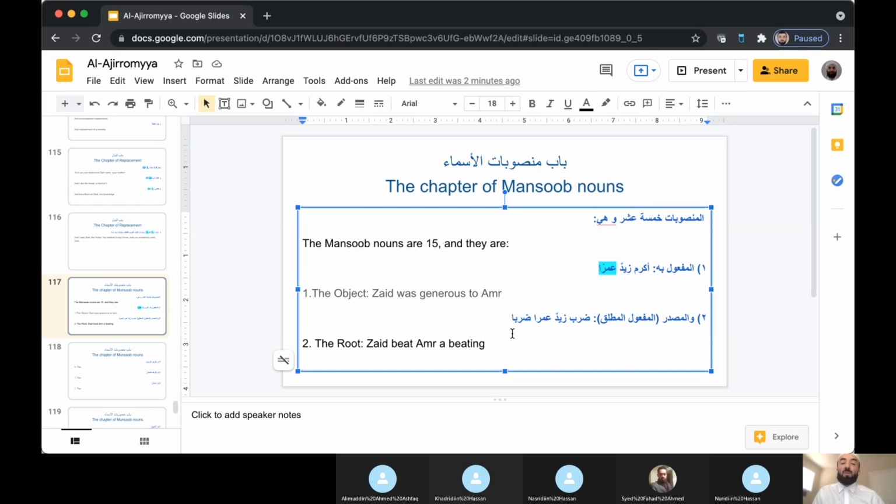But in this case, just remember the main thing that you need to remember is that most of the times this root word is attached to the end of a sentence for emphasis, to put emphasis on the action that was being performed, even if it's coupled with other meanings as well. Does that make sense? Yes, Sheikh. So it is darban here. It is darban here, that is mansub, and